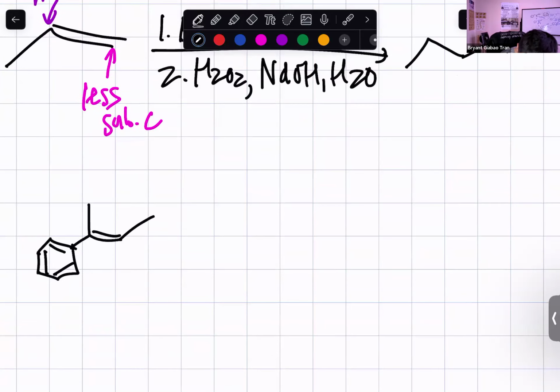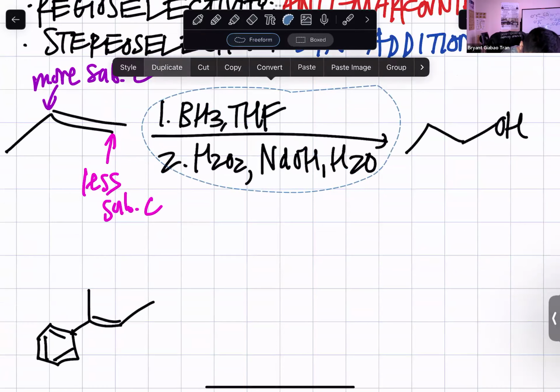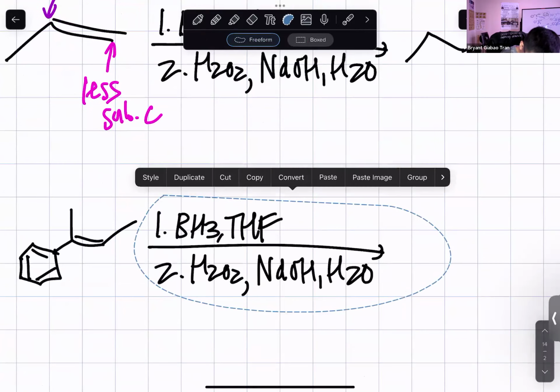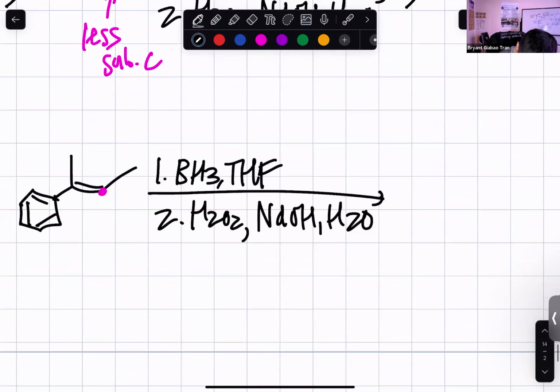Let's say we have something like this, and then react it with the hydroboration oxidation reagents. We have to analyze the alkene and see which is the less substituted carbon, which is this carbon right here. So we're going to add an alcohol right there,